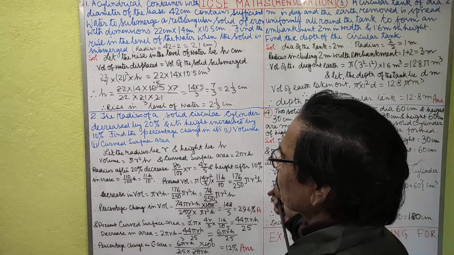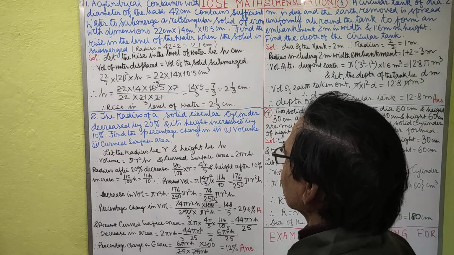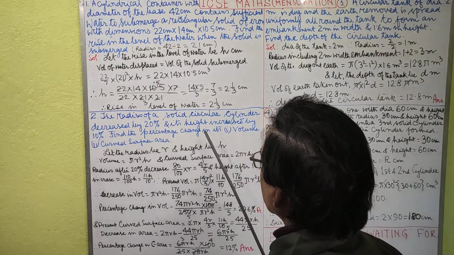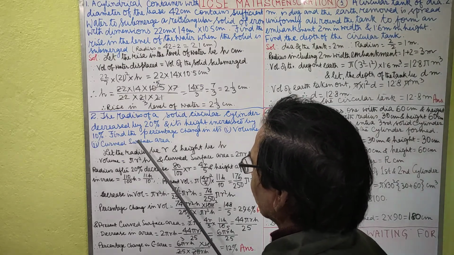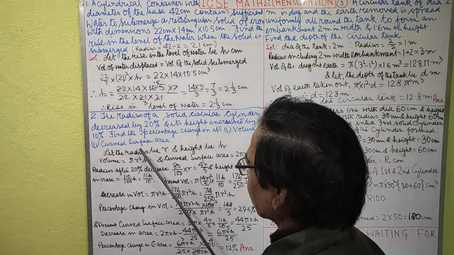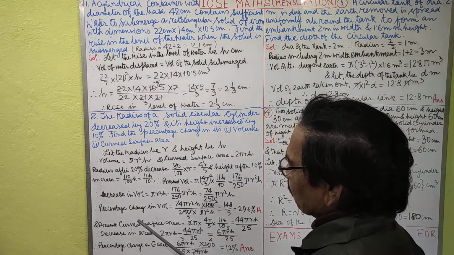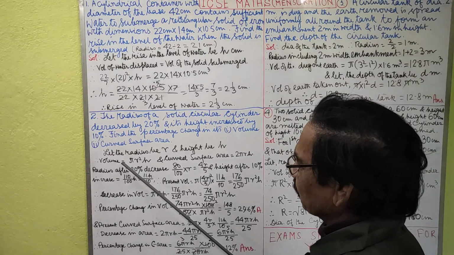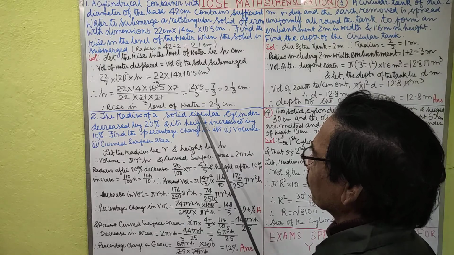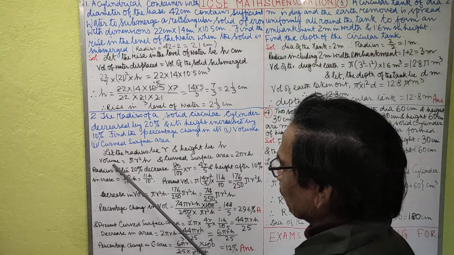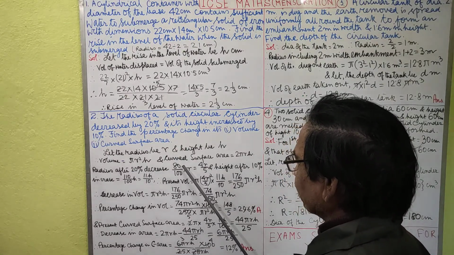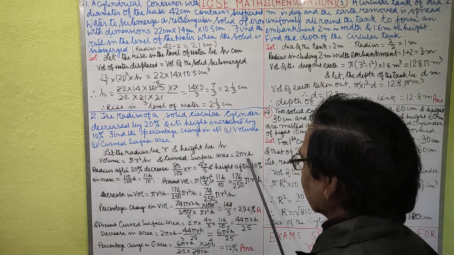Next question is, the radius of a solid circular cylinder decreased by 20% and its height is increased by 10%. Find the percentage change in its volume and curved surface area. Very complicated sum. Carefully note it. Let the radius be r and height be h of the original solid cylinder, and therefore the volume will be pi r square h and the curved surface area will be 2 pi r h.